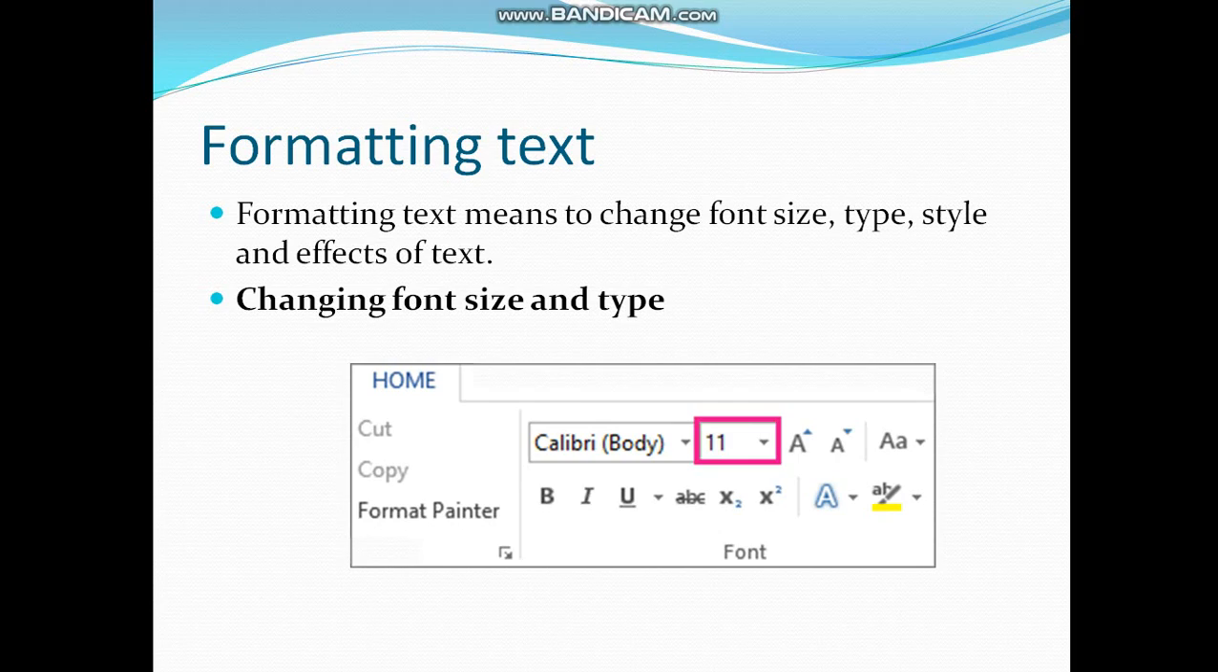Formatting text. What does it mean? It means to change the font size, type, style and effects of the text. First of all, we will learn about changing the font type and size. Here you can see that how to change the font size is enclosed